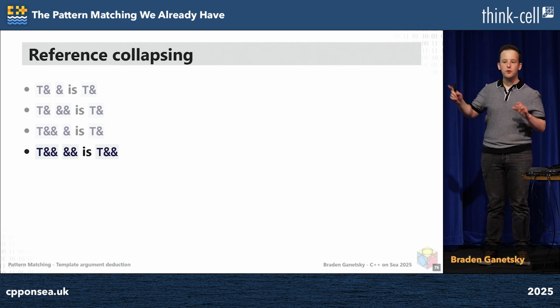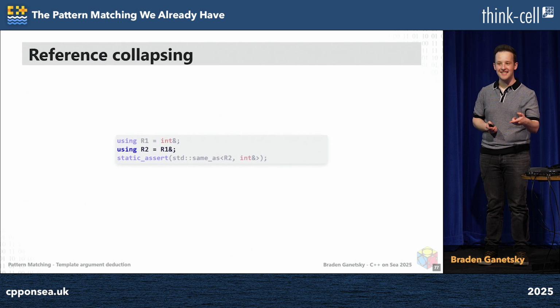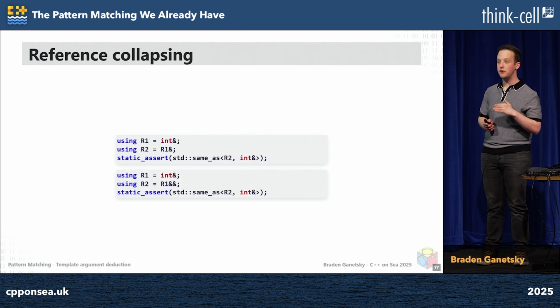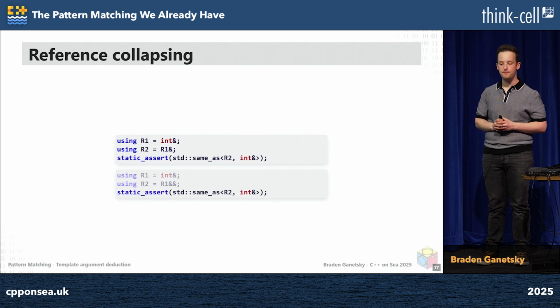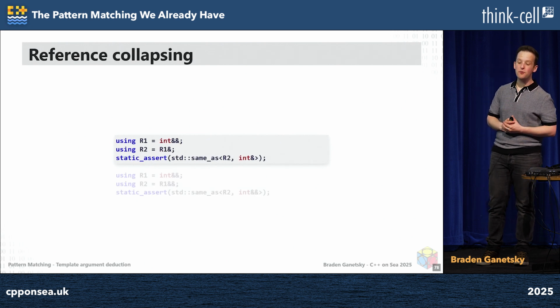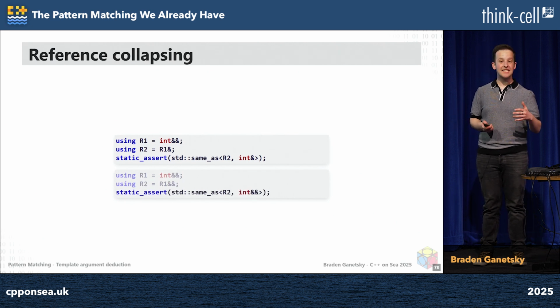You can't actually write this code. Like, you can't write all of these refs in order. That doesn't work. But the way you can write it is like this. You have an int&, and then you have a reference to that. That could happen. And if that happens, well, your r2 is now an int&. Similarly, if you have an int& and then you have an rvalue reference to that, you end up with an int& as well, an lvalue reference to int. Similarly, if you start with an rvalue reference to int, and then you take an lvalue reference to that, you end up getting an lvalue reference to int. And finally, if you start with an rvalue reference to int, and then you take an rvalue reference to that, you end up with an rvalue reference to int. This kind of stuff is possible.